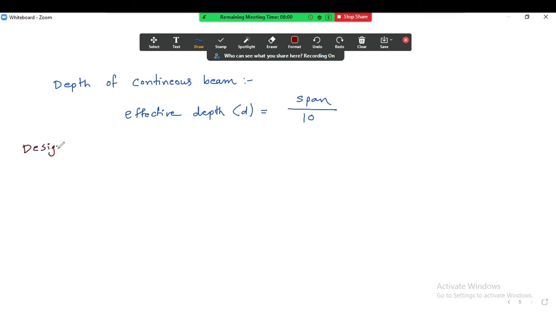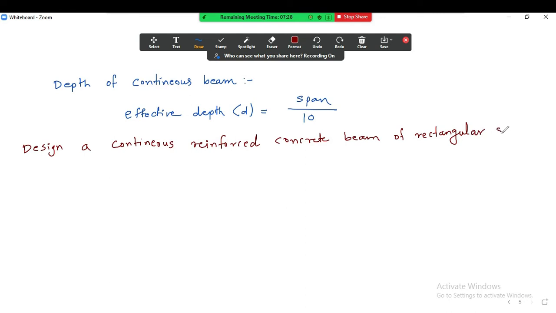Design a continuous reinforced concrete beam of rectangular section